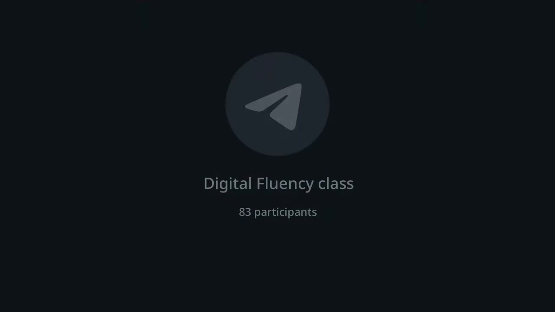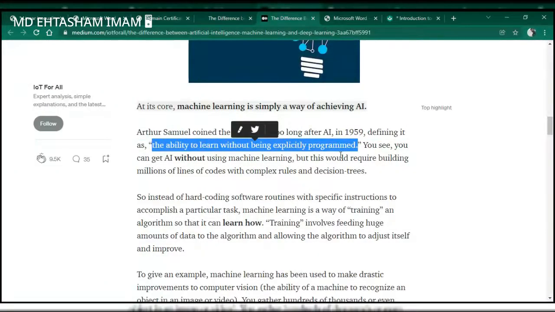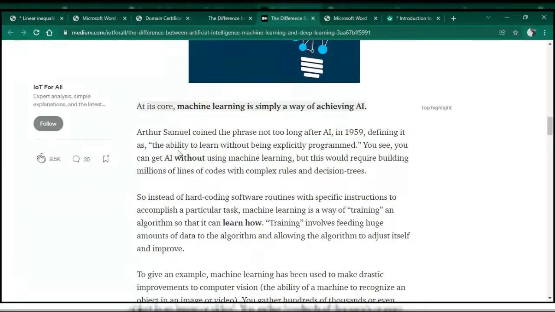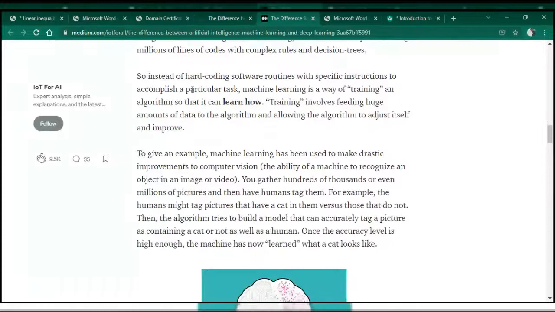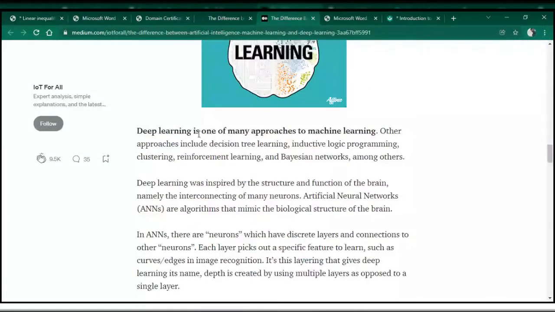It is very similar to how YouTube or Instagram functions. If on YouTube you watch a lot of funny videos, the next time you open YouTube you will get funny videos. If on Instagram you follow any celebrity and you like their pictures, the next time you open Instagram, their pictures will be the first thing shown to you. So that is how the AI works. It is able to determine by itself what to do and what not to do, just by observing you. That is machine learning. Deep learning is where you make a decision tree, inductive logic programming.